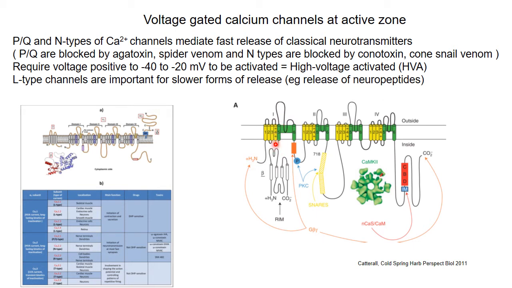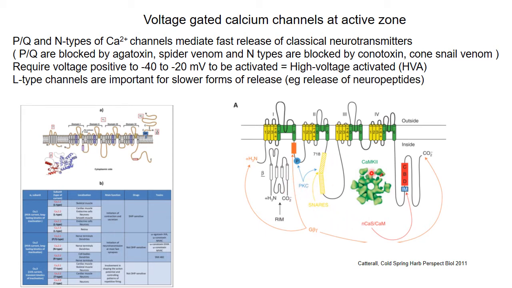They have the voltage sensors. They have 4 different transmembrane domains, 4 different subunits or subparts of one molecule. This is the alpha subunit, which has 4 different repeats of 6 transmembrane domains, and that forms the majority of the channel. However, its activity is modulated by the other subunits such as beta, alpha 2, and gamma subunits that also form the channel,